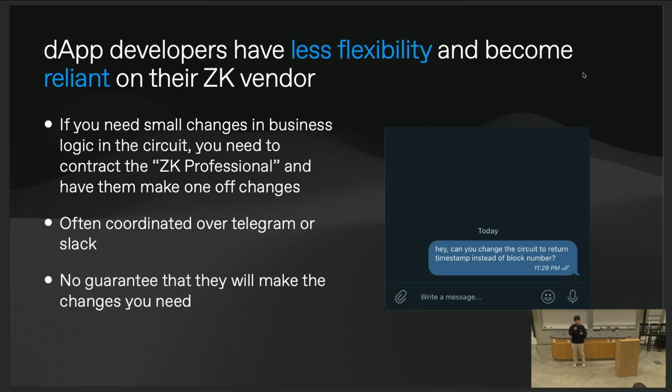And I think basically this coordination that's done over Telegram and Slack is super inefficient for both sides, right? The dApps are basically making a bet that you're going to support their specific use case. They're making a bet that you're going to make the changes in the smallest amount of time that they need. And on our end, we have to manage these one-off integrations, and it's super annoying and it causes a lot of mental overhead.